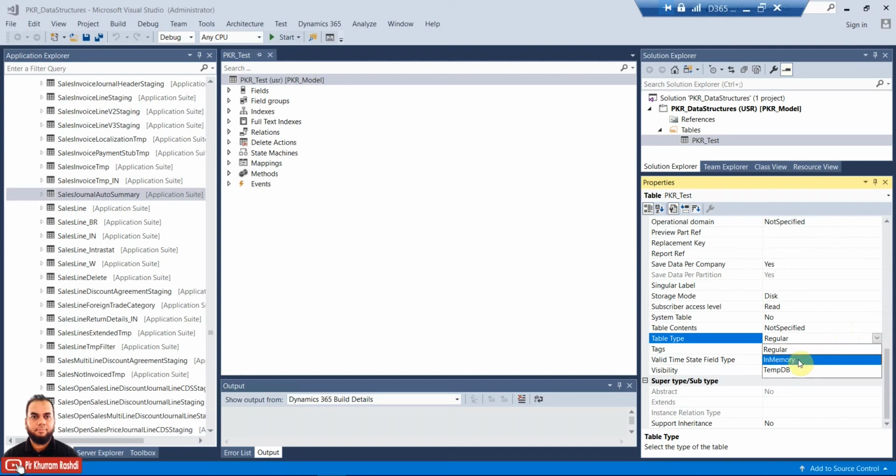What about in memory and tempdb? Basically both are same, except one difference is tempdb will basically hold the data in a tempdb in SQL Server, and this is for normally the tables which are for report running, like RDP, report data provider based reports.